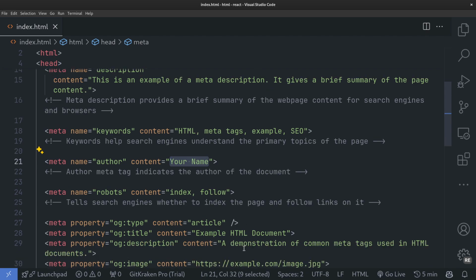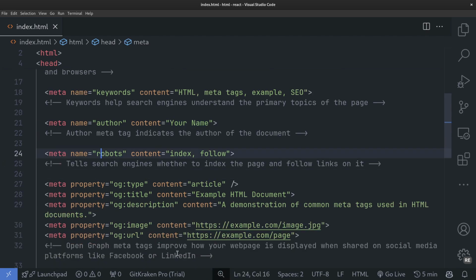The other one is robots. Robots is interesting because